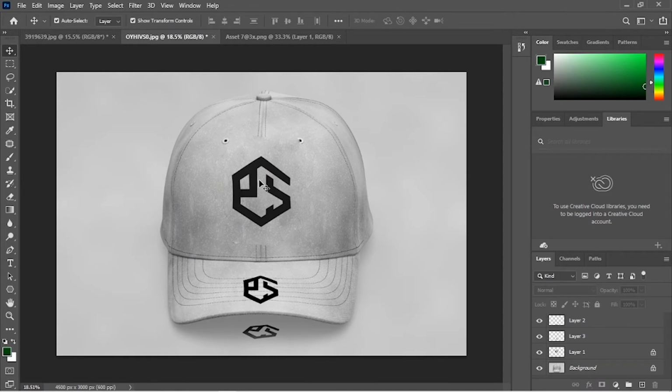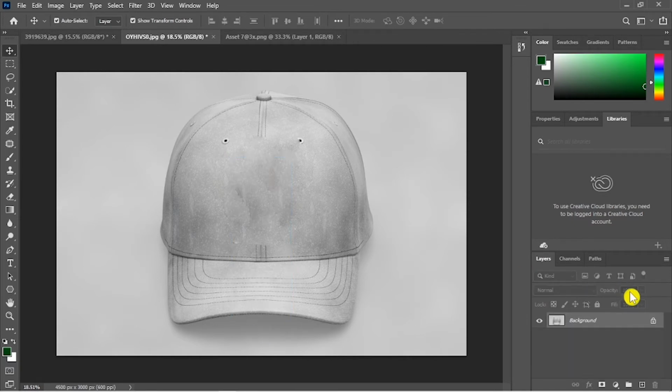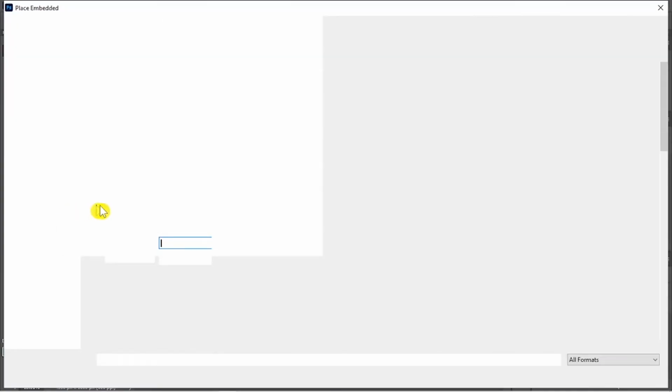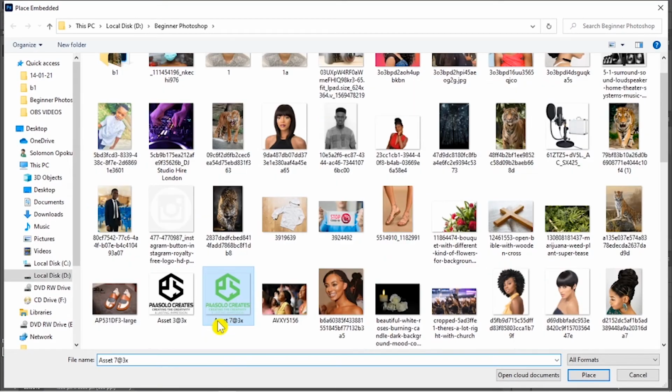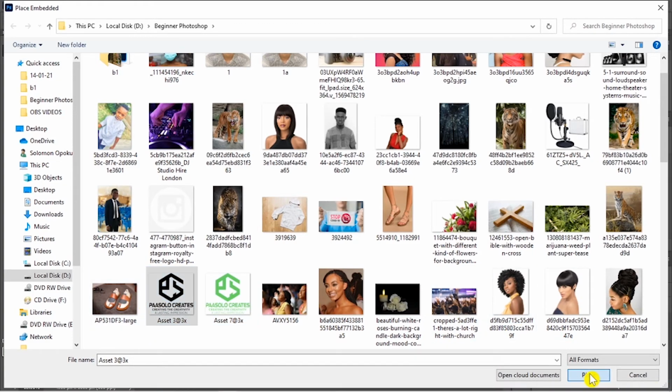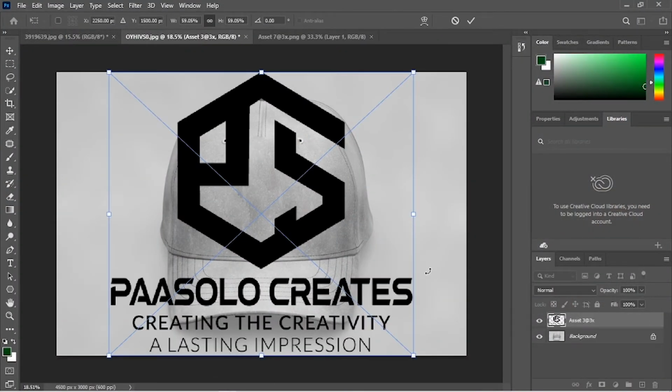That we are going to look at how to put this image down here and try to do these things. Let me delete my own. So I have deleted my own. Go to File, Place Embedded, and select your image. I want the black one. Click on Place